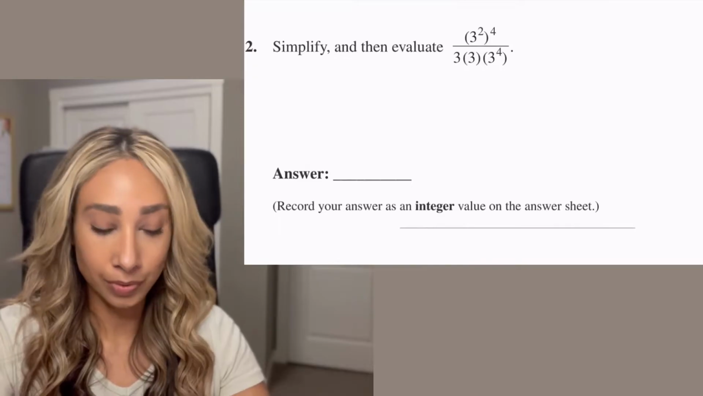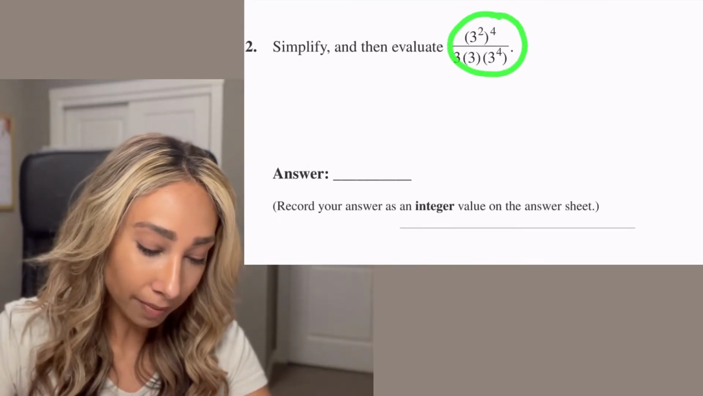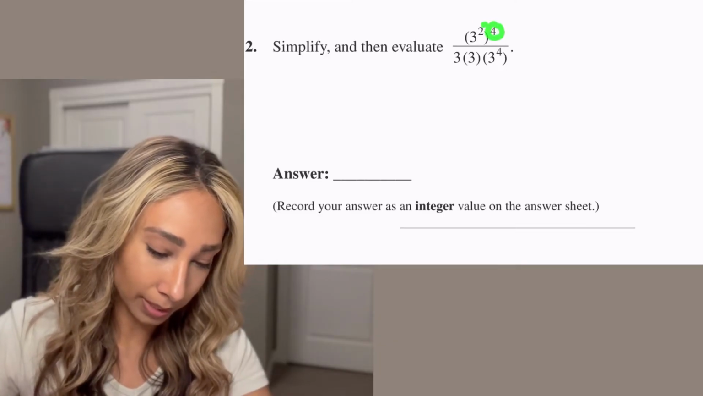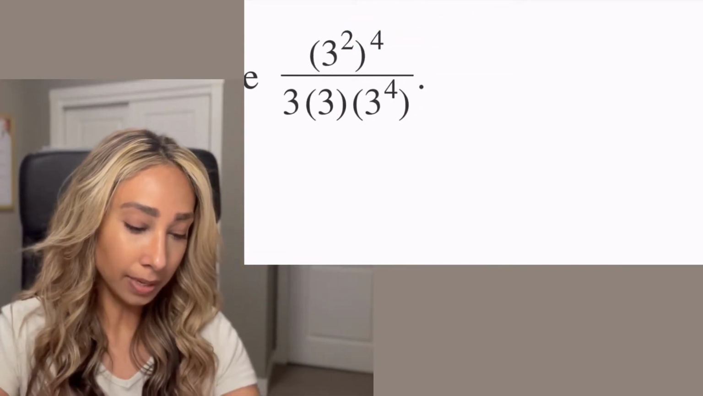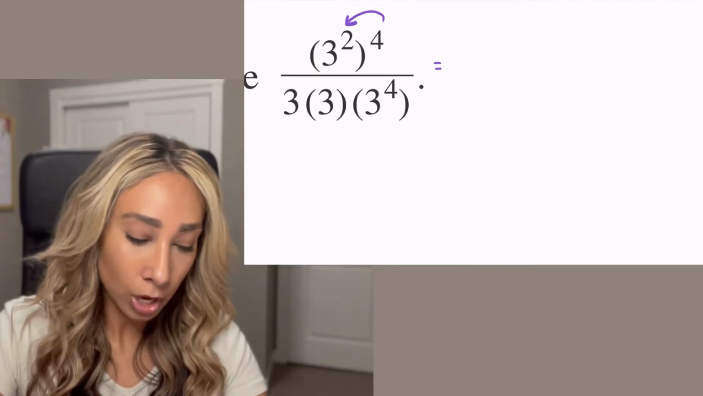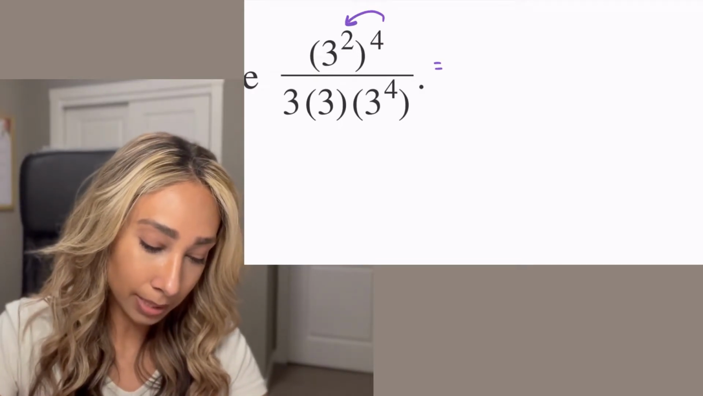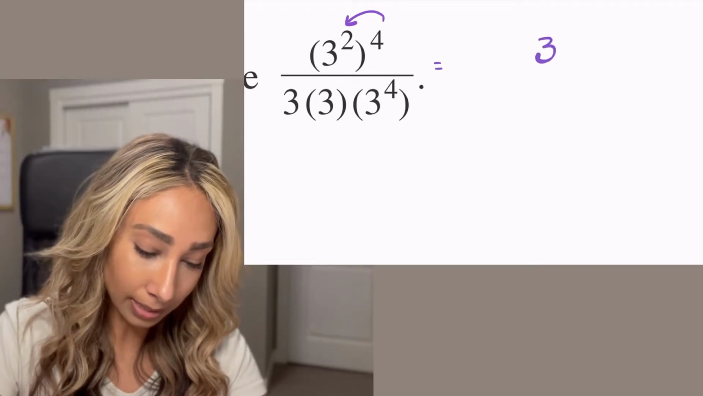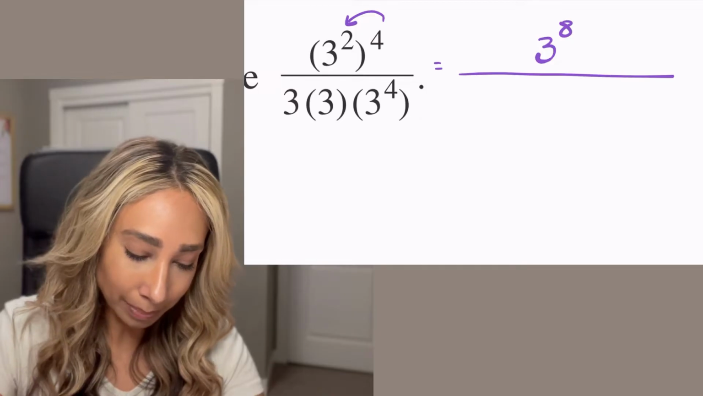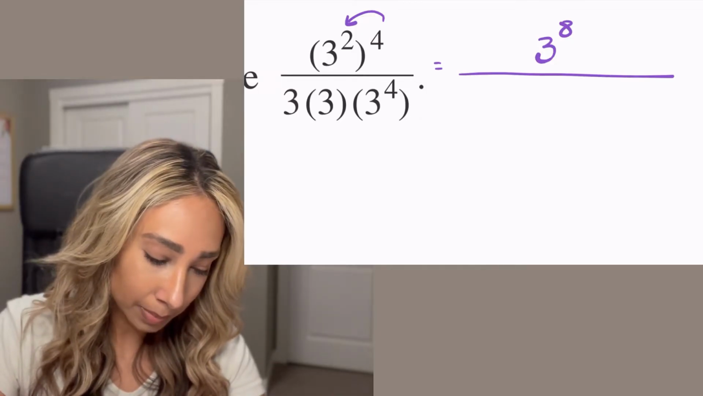All right, number 2, we're going to go ahead and simplify this. So again, we're going back to those exponent laws for this part of the PAT. We have an exponent outside the bracket. So I'm just going to zoom in on this to show you what that looks like. When we have an exponent outside the bracket, what we actually want to do is multiply that in. So that's going to become 3 to the exponent of 8. And then everything else, I can leave on the bottom. So 3 times,